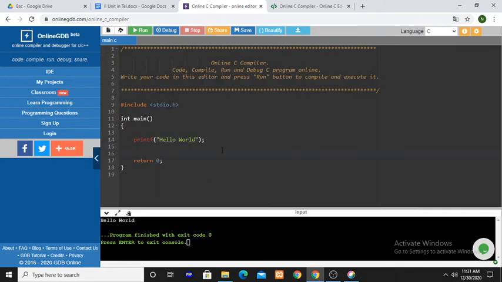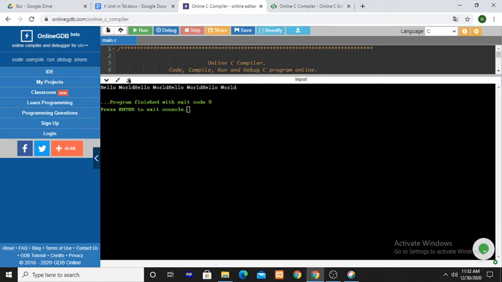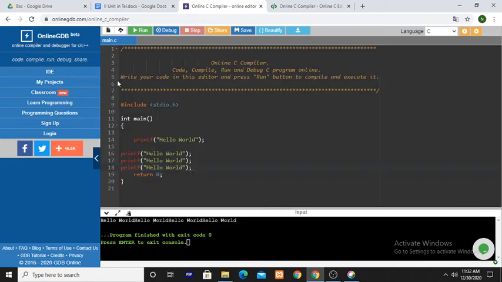If you want to display the hello world statement two times, you need to write the printf statement two times. If you want to display it three times, you need to write the printf hello world three times. If you want to display it four times, again you need to write the printf hello world four times. Here four times hello world is displayed.